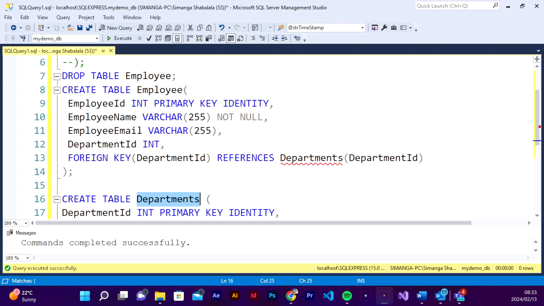Sometimes you can just make sure that you copy that. So the department ID is an integer column that references the department ID column in the departments table. So what this does is establish a foreign key relationship between the employee and the departments. All right. So if we execute this,